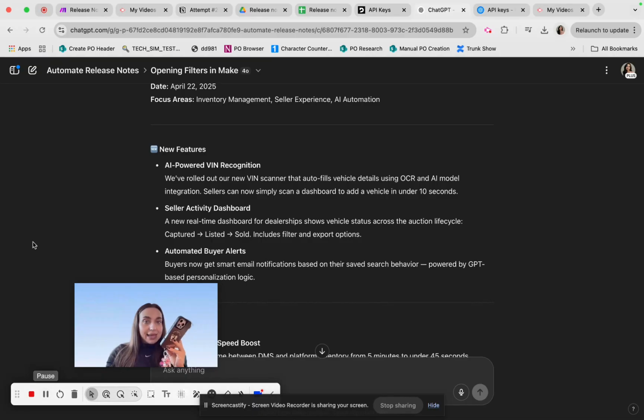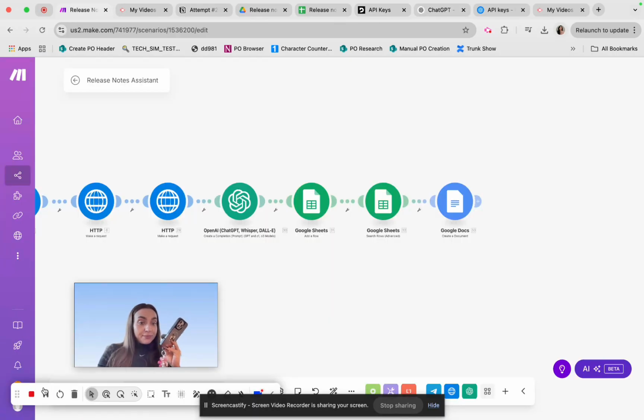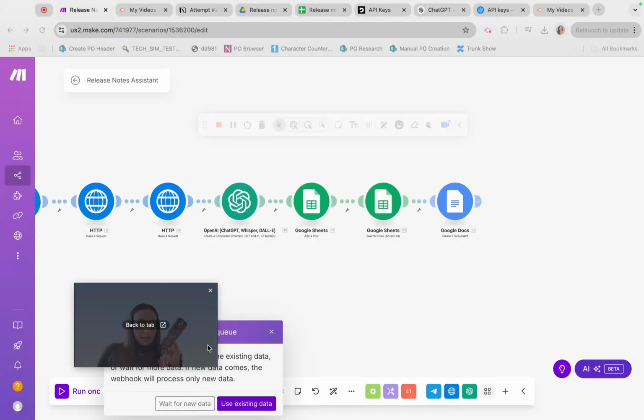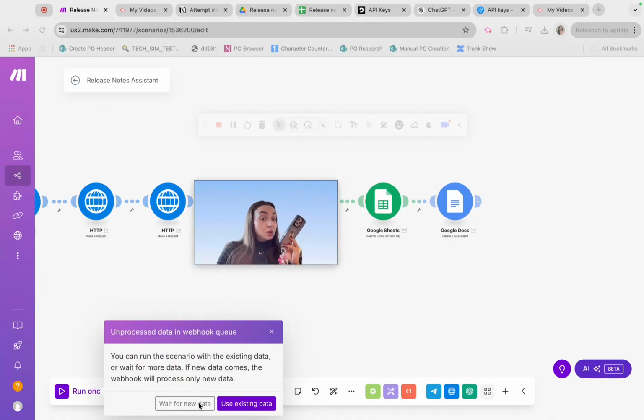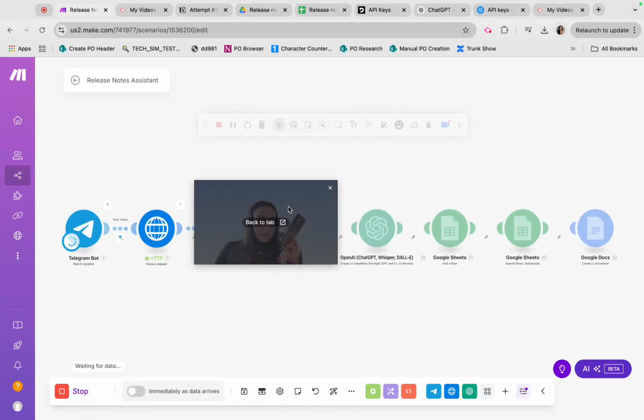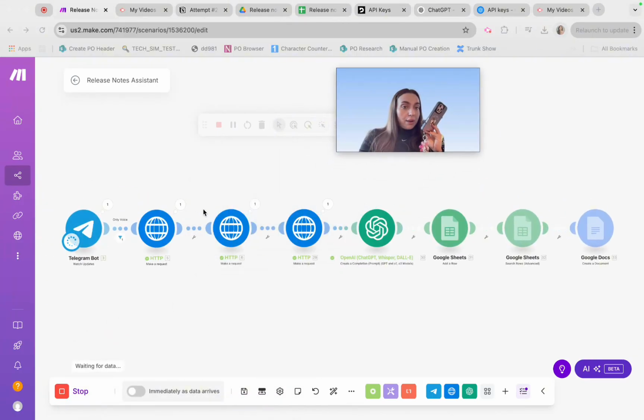Send. We go back here and we say, run once. It's going to ask you whether you want to wait for the new data or use the existing one. I'm going to say use the existing one because I have just created this voice note. It's going to use my last voice note. This is what it does. It runs all my